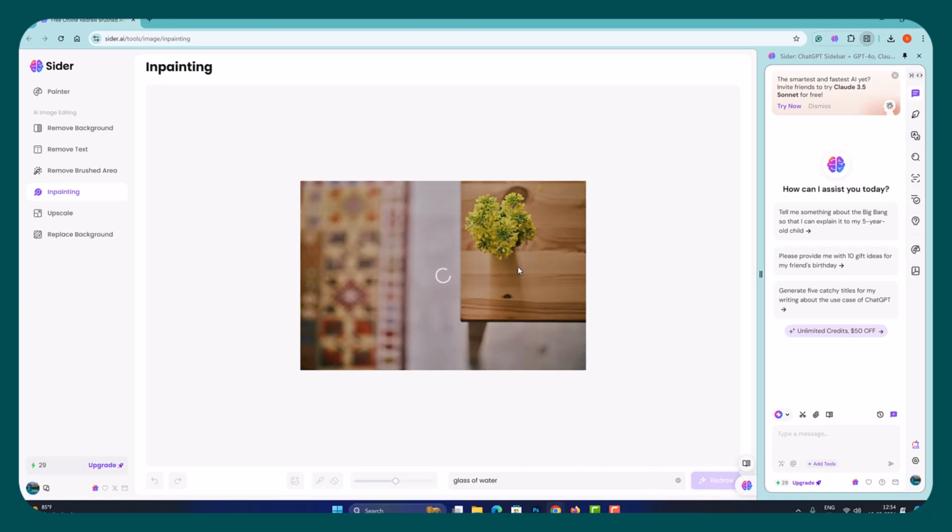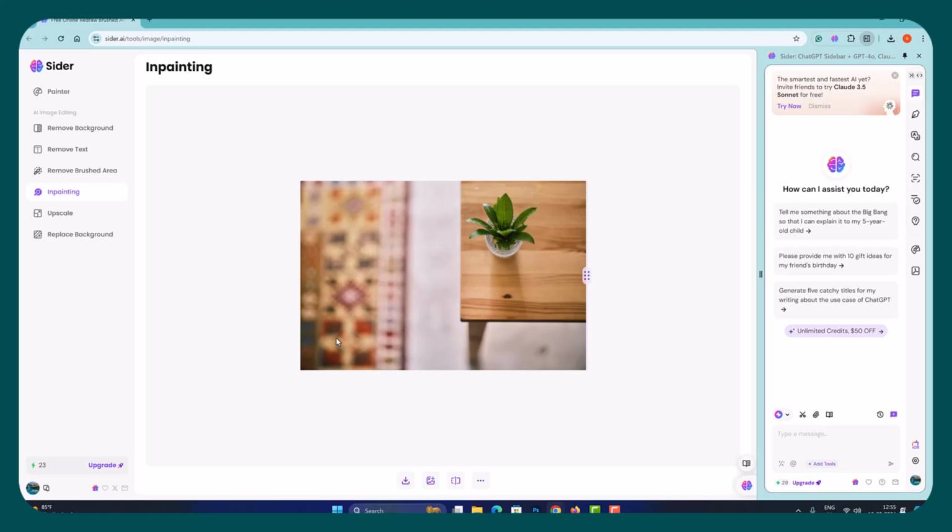I have just entered the prompt and AI is working on it. Voila. It's replaced with a beautiful green glass bottle with a green plant,